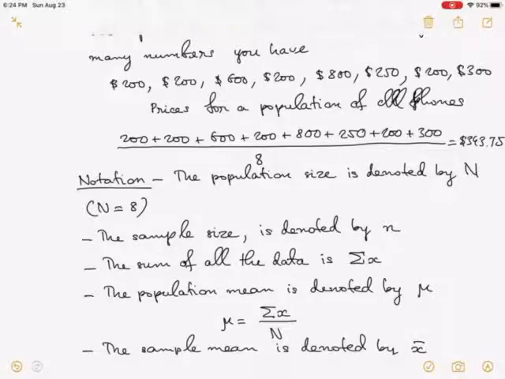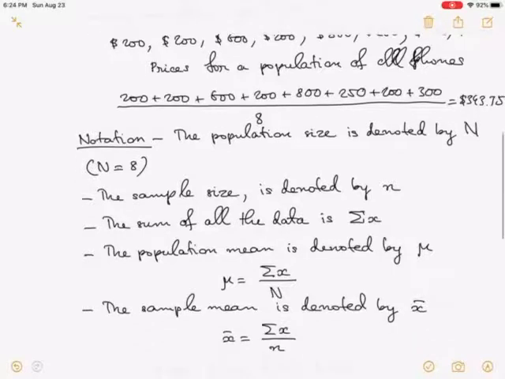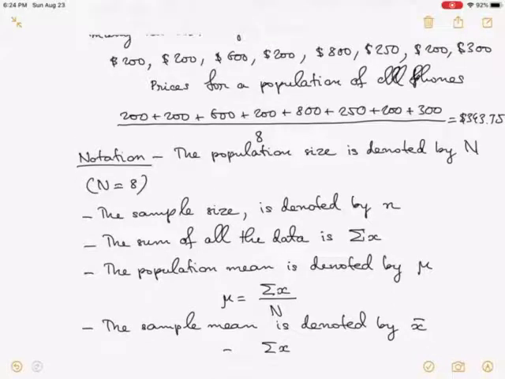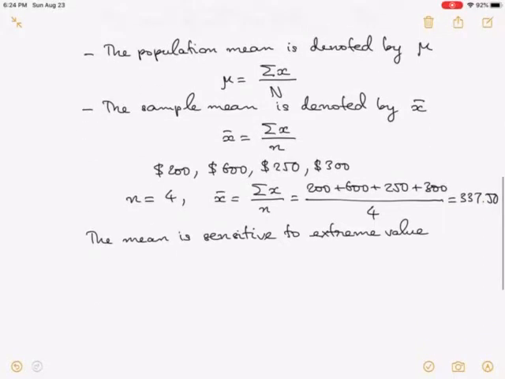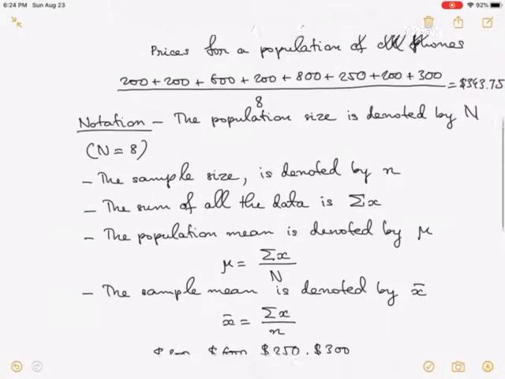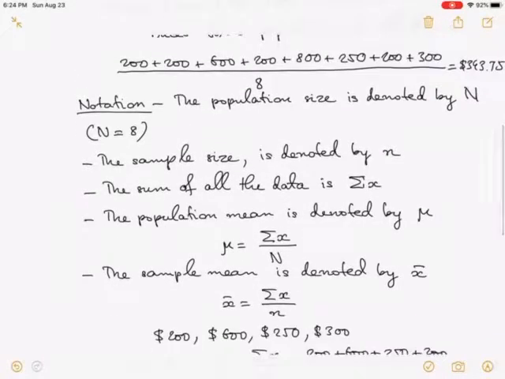Now, for example, if I add a very expensive cell phone with the price of 10,000 to the population of 8 cell phones, then